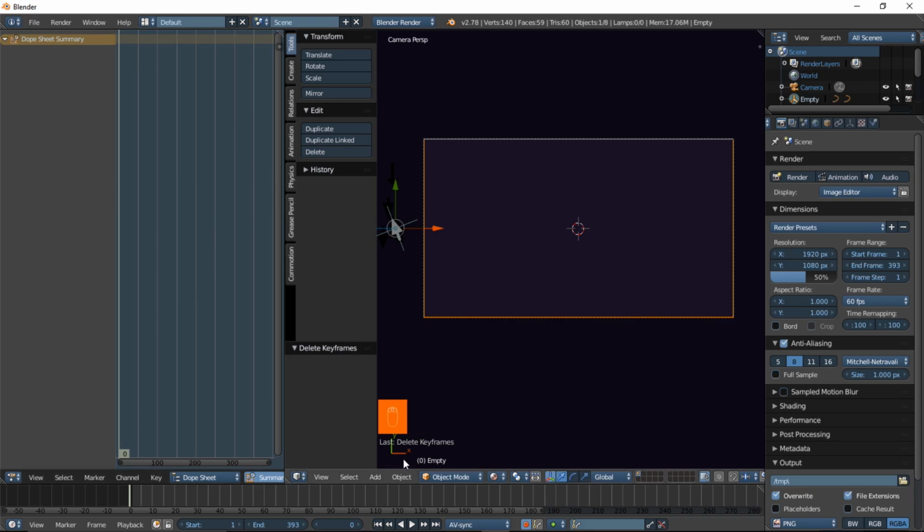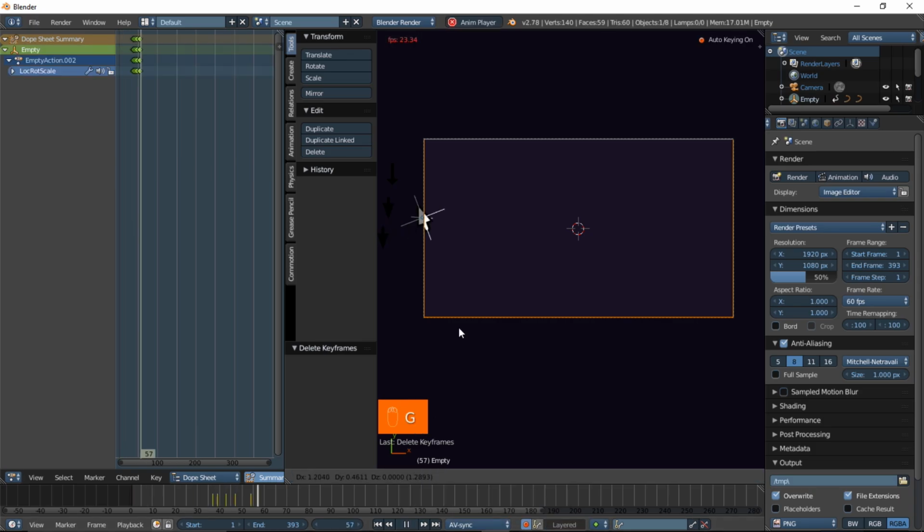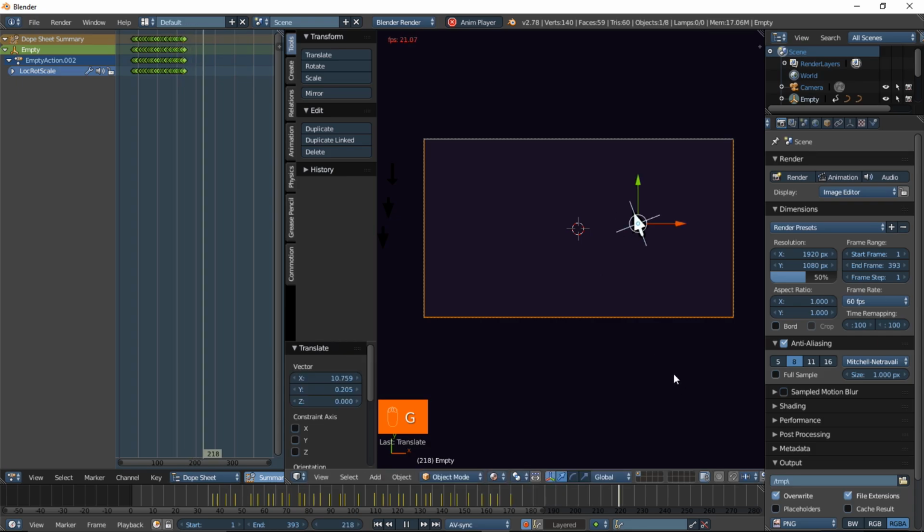So what we do is we play the animation, and then we type G on our keyboard to move our cursor. And then after that, we'll left click to confirm the location of the object, and then we would type S and just move our cursor out and then in, or rather in and then out, and then in again, and that just makes it look like it's clicking. So you want to pay close attention to the keys we're pressing down here. Okay, so click play, G, left click, S out,